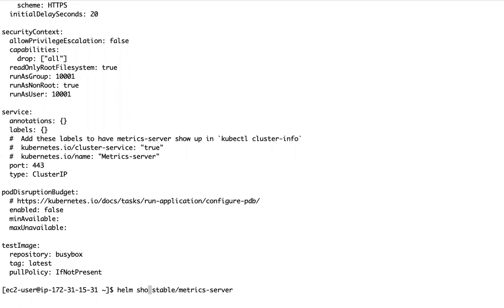Helm show values or inspect values also you can use. I can append all those things to some file, metrics-server-values, some name. Now I got those values into one file.